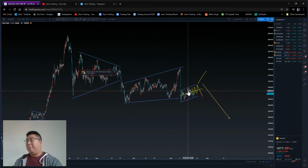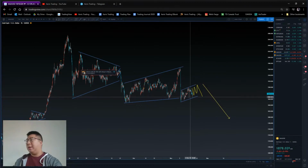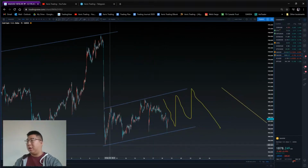So very patiently waiting, and I talk about this when I make this post, is that you shouldn't just jump into the trade, don't just randomly jump in because it breaks some trend line or something like that, right? We're talking about price action structure. There's a chance that you might have drawn a line like this and you see price break out, you might have entered here. That's not how we trade, guys. We look for price action structures and patterns. Even if it breaks,